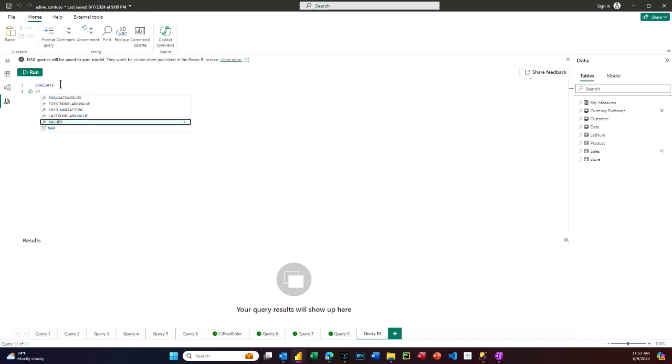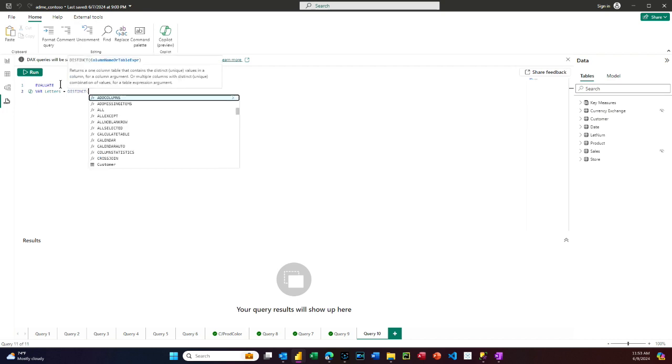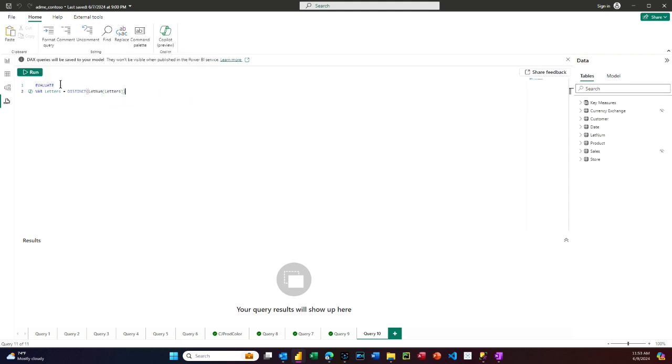So I'll say VAR letters equals DISTINCT. Well, let me show you two of them. DISTINCT creates a one-column table of the distinct values in a column. So DISTINCT Letnum letters.